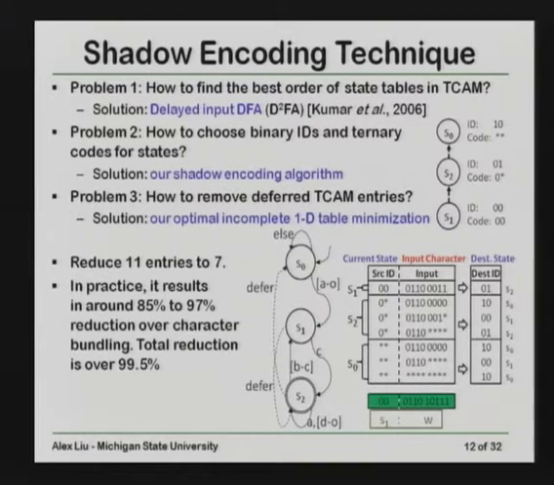Suppose currently you are in state S1, and the input is character W, and this is supposed to match an entry in the table S1, but many entries in S1 are deleted, right? So you will see that it doesn't match S1, doesn't match S2, it will match an entry in S0, and the destination ID is 10, and that is correct.